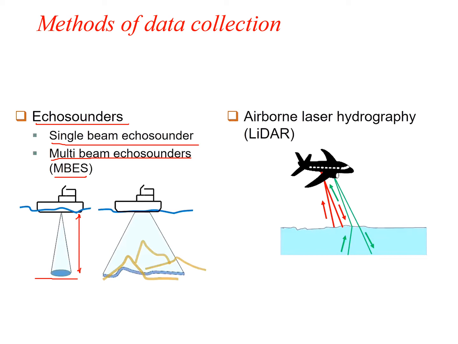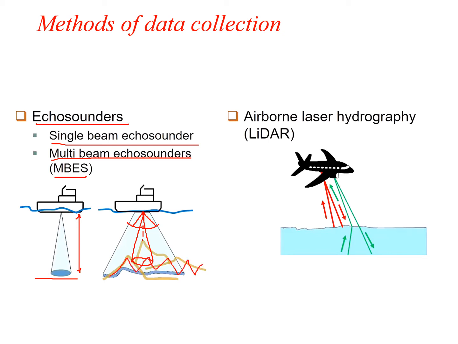Now in the multi-beam echo sounder, there is not a single sound wave passing through. For example, this is initially the coverage of the single beam. It is a single beam itself, but it is not stationary. It is moving like a pendulum, once here and once here. If I draw the center line, it will move to the left and then again to the right, so that it covers the area in a zigzag manner like this.